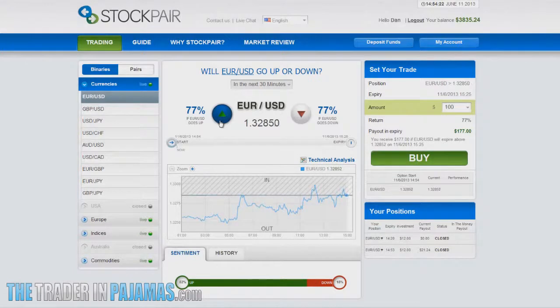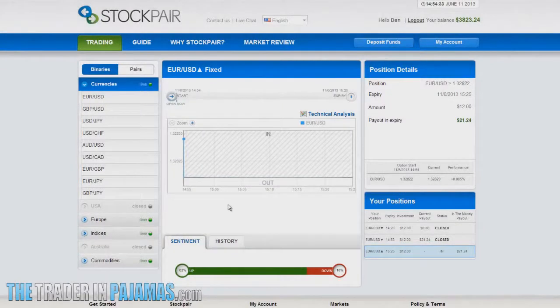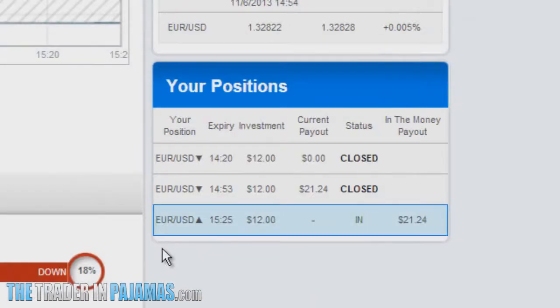We'll click Buy. We'll click View Position, and we're on. We're trading. Again, down here, we'll see all the information regarding the current trade. Now, if I win this trade, I'll simply go back to step 1 and 2 again and continue making these small $9.24 profits. And these are going to add up to a nice amount of money as long as I don't lose a trade. And since I'm trading in the same direction as the majority of traders, it can take